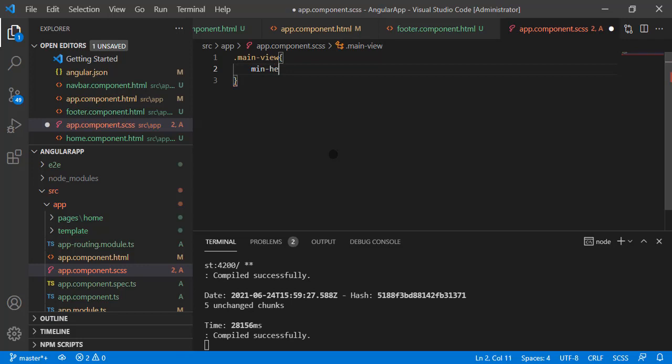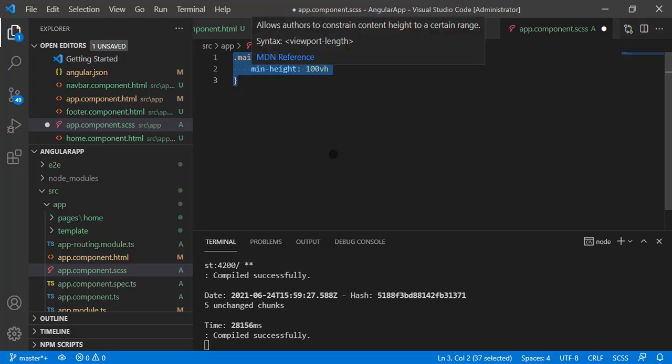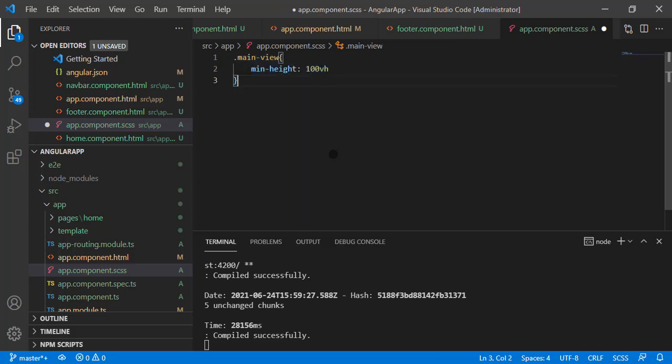So it is the style I have added in the app.component.scss file, that is .main-view, and inside I have added one min-height with the value 100vh, and I have a semicolon here. Close these changes and save these changes. After that, the next file should be here,